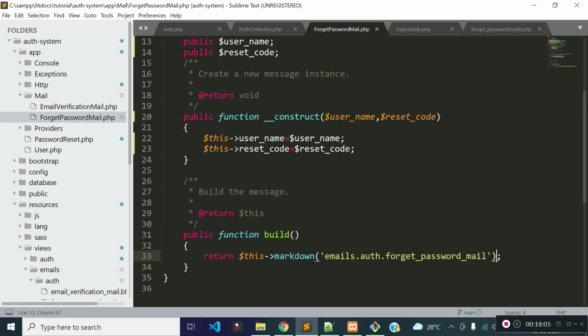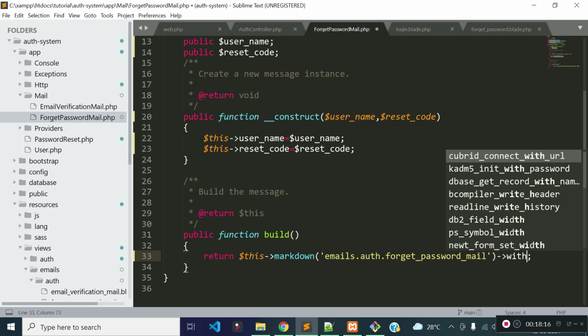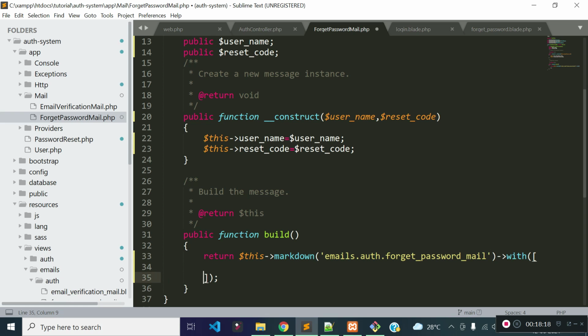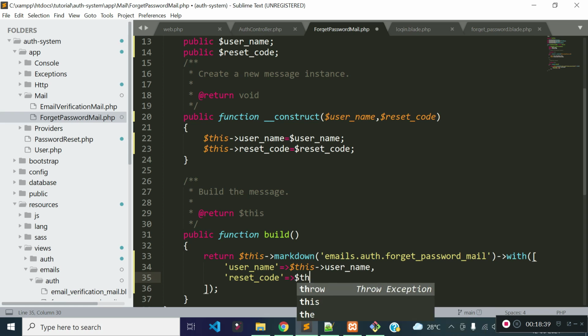So I will pass these two values to the view file so that I can use them inside this forget password mail file. So let's pass these two values by the with array. One variable will be username, and this will be this->username, and another variable will be reset_code, and this will be this->resetCode.